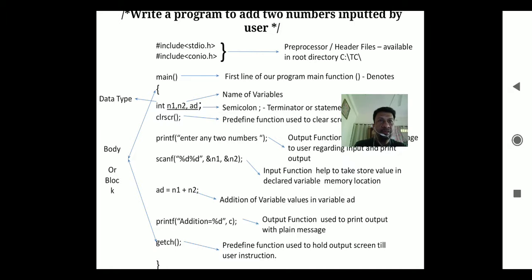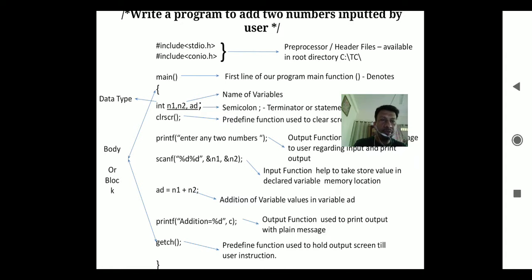Scanf function, open bracket, in double quotation marks we use %d two times. %d is a control string, or we can say a data type specifier. If we are using integer data type, we use %d. If we are using character data type, we use %c. If we are using float data type, we use %f. Generally the syntax is %d